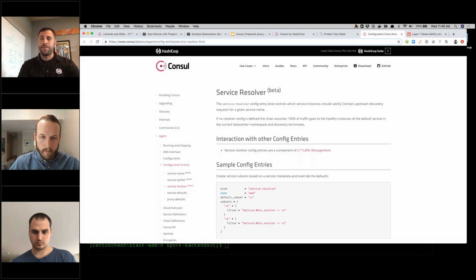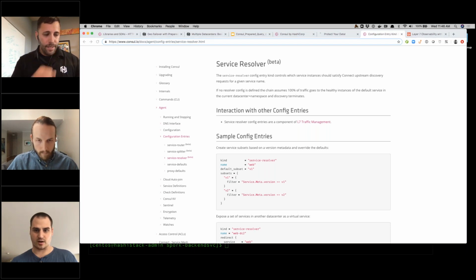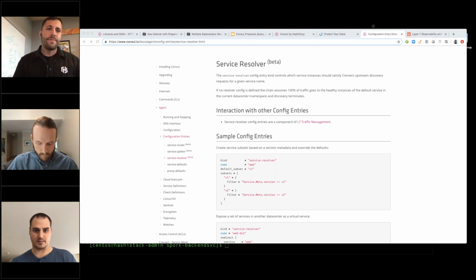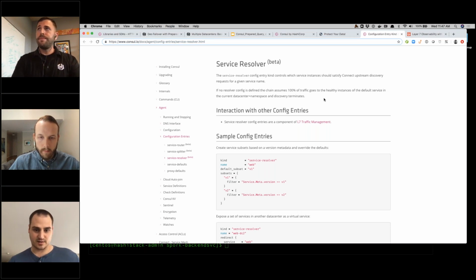And then back to service resolver. Yeah, so I think there's actually a call out in there to prepared queries. So obviously Envoy has some more advanced capabilities when it comes to traffic management that can be managed at the layer 7 level. So a lot of the different types of